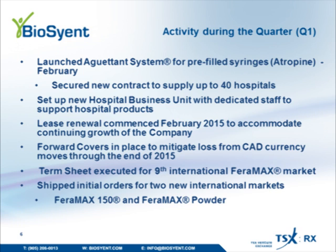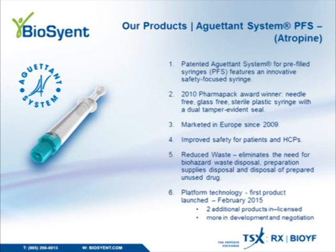On the international side, we executed a term sheet for our 9th international FeraMAX market. And we shipped orders for 2 new international markets for both FeraMAX 150 and FeraMAX powder. Those 2 shipments for FeraMAX powder represented our first shipments of FeraMAX powder outside of Canada. So I wanted to come back to